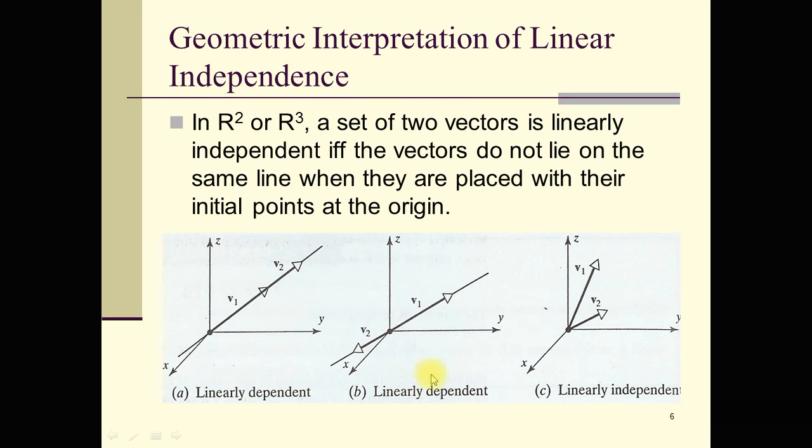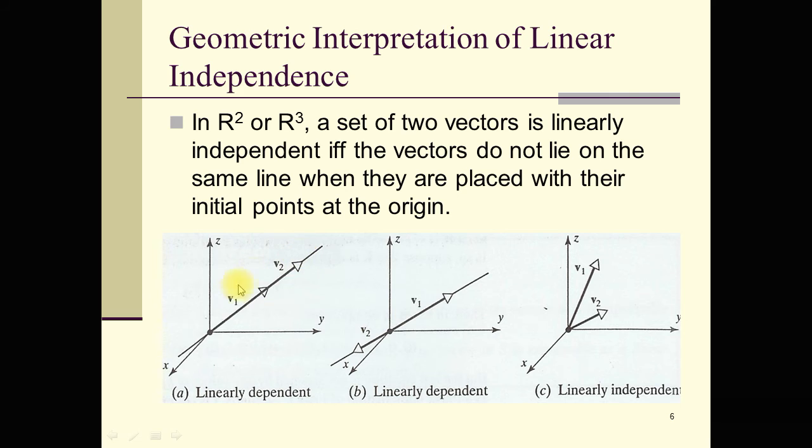In this case the vectors are linearly dependent also, but in this case the vectors are linearly independent, because you see over here the vectors will be linearly independent if they do not lie on the same plane. In this form the vectors do not lie in the same plane, but over here the vectors lie in the same plane. And similarly, in the two-dimensional plane the vectors also lie in the same plane. This is a two-dimensional plane and this is a three-dimensional space.